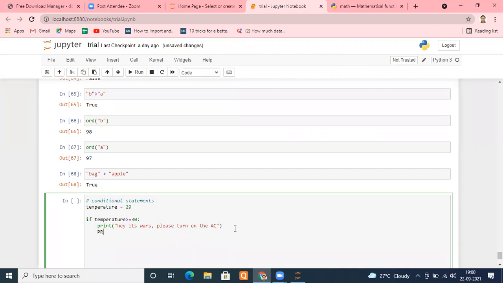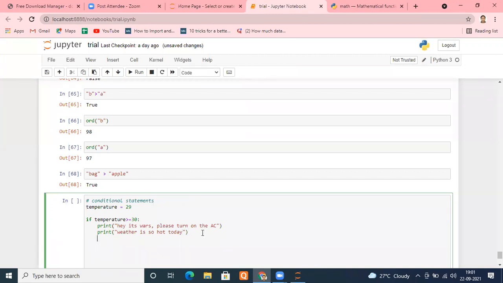Print, "Weather is so hot today." Whatever you want to execute if the if condition is true, put in the indentation of the if. Is it fine, everyone? Yes, sir.